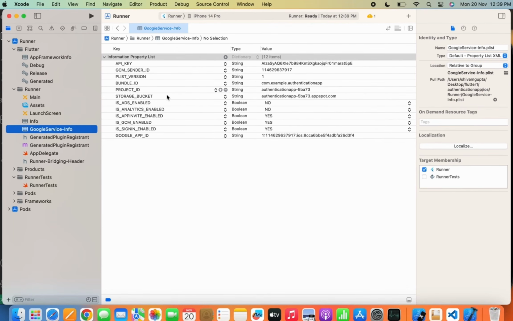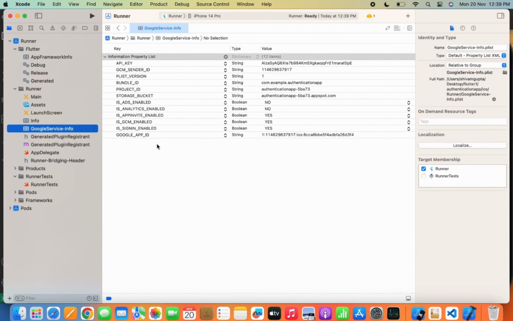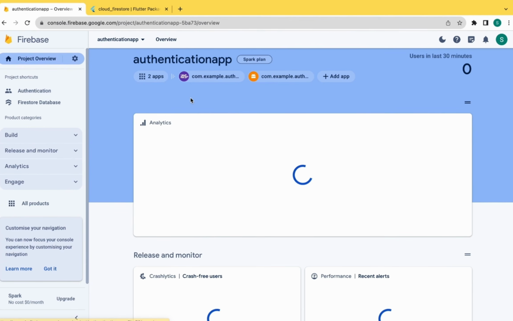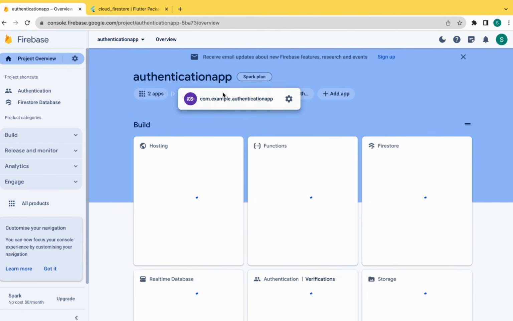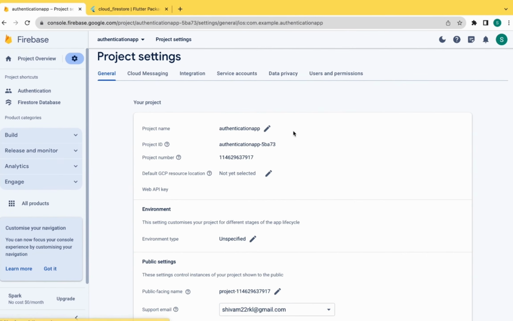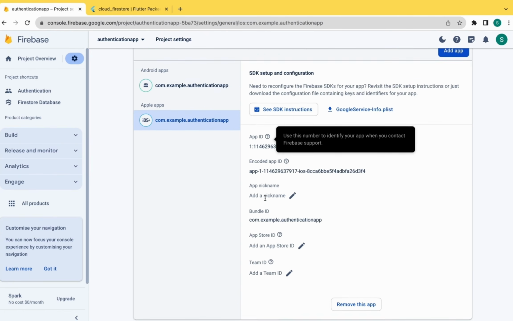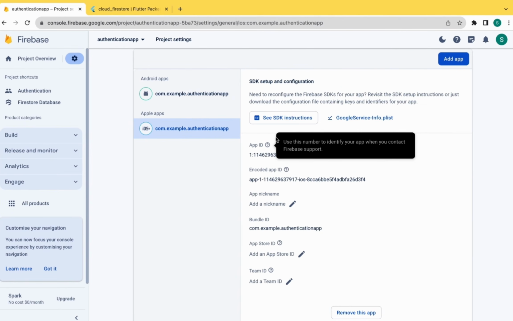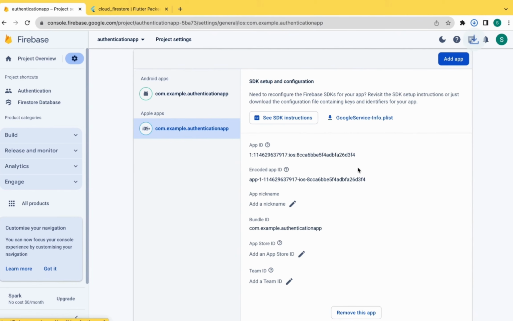Now, the reason for not getting the client ID is because, as you can see, I have just added the GoogleService-Info, and here you can't see the client ID. Now, let me show how I will add the client ID to the GoogleService-Info file. So here in the iOS, you need to go and download the Google